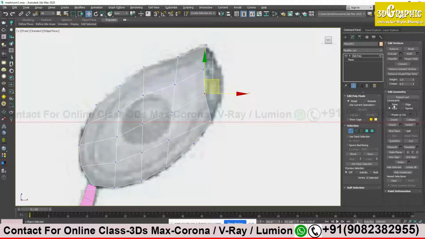Okay, so right now I will select none. I don't want any constraint. I want to move it very freely. So I can move it very freely from here. And again, make sure that you are working on which axis. If you mistakenly select the one axis y, you can move only on y. If you have selected x, then it will move only on x. So if you want to move in both the direction, your both the direction axis should be highlighted.